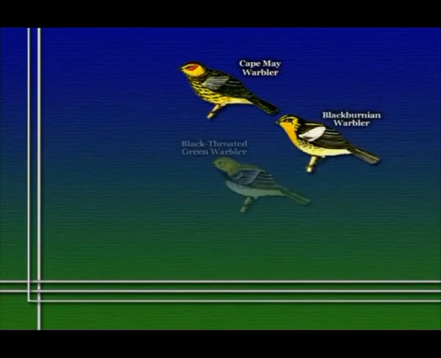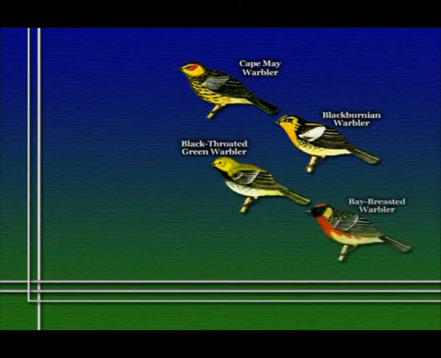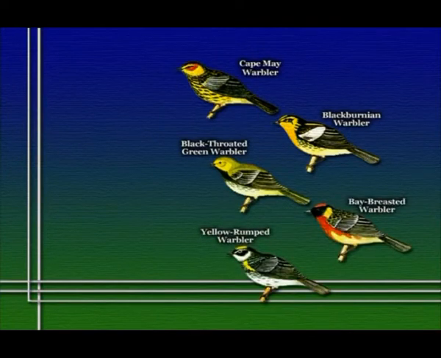There are actually a whole number of warblers, eastern wood warblers they're called, of many different genera. Today what we're going to talk about is a set of 5 different species in the genus Dendroica. There are actually quite a number of Dendroica species as well. The 5 species that we're interested in, though, are the Cape May warbler, the Blackburnian warbler, the black-throated green warbler, the bay-breasted warbler, and the yellow-rumped warbler. If you're a bird watcher, you know these names are wonderful, and they often more or less describe what color the bird is.